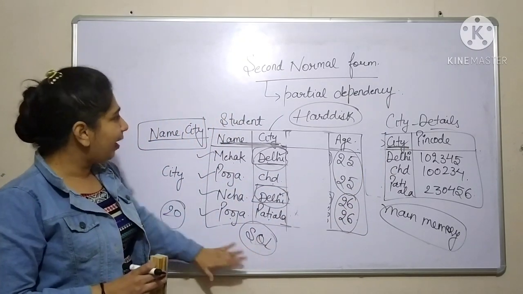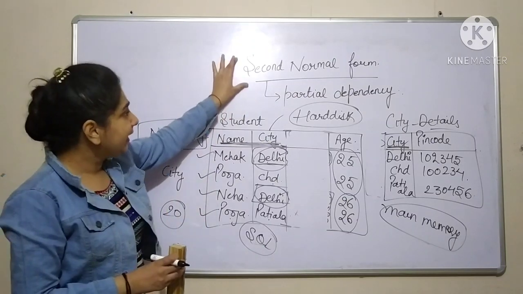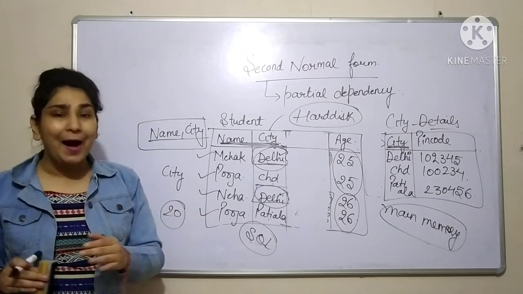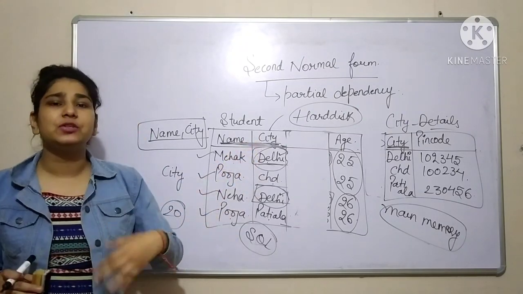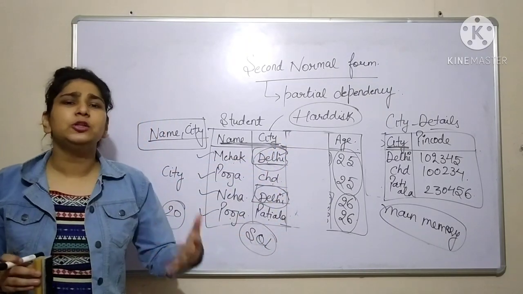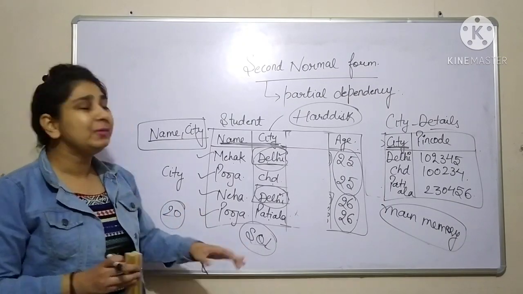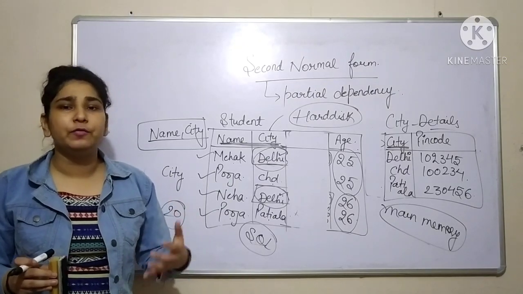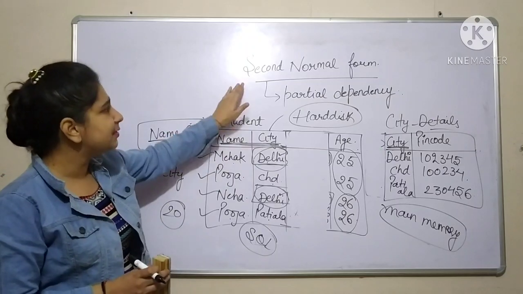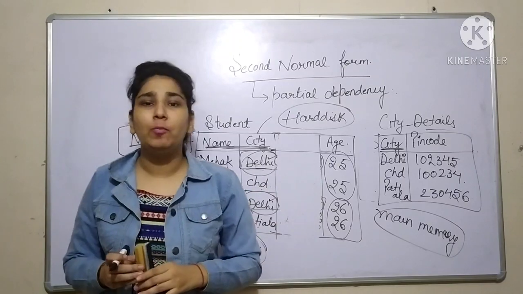Okay. So now I hope that you are clear with second normal form, and that it removes redundancy which occurs when a part of your candidate key is determining a non-key attribute. We will study all the normal forms, and in each and every normal form we will be dealing with a different kind of redundancy. Okay, so this is our second step. I hope that you are clear with second normal form.